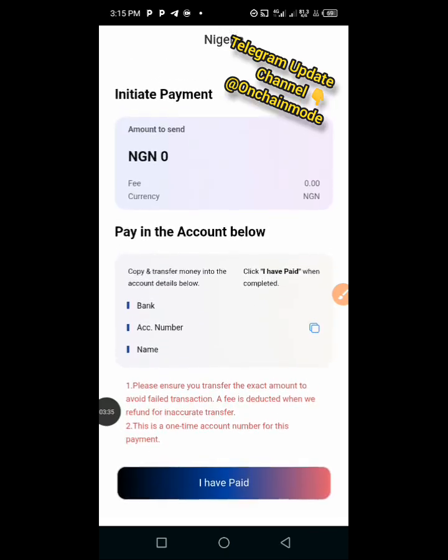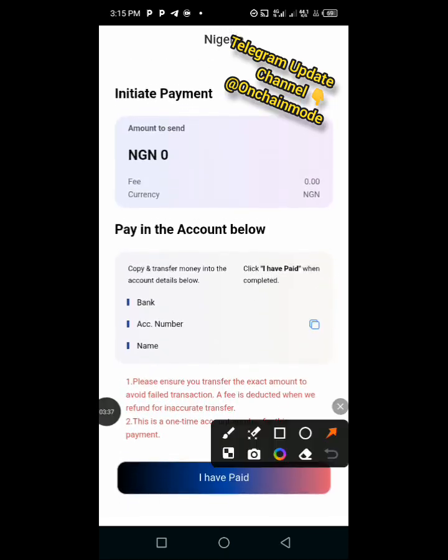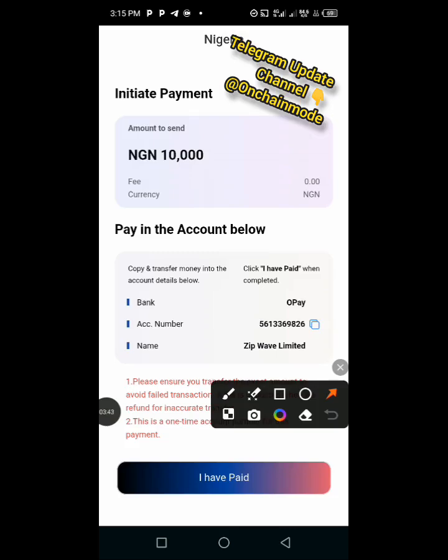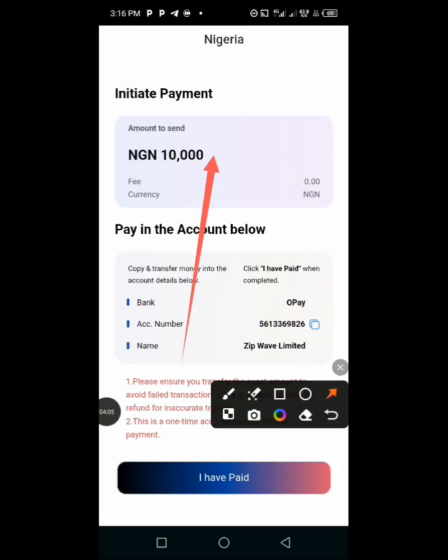So here is the initial payment. Now it's going to load out this button for you. What you have to do now, you can see here the account number is generated for you, and the account name is generated for you. So you'll be transferring to this OPay account using this account number, and the name that will display in the transfer is Zipwave Limited. So I'm going to be transferring 10,000 naira into this platform, and it's going to be deposited automatically in my